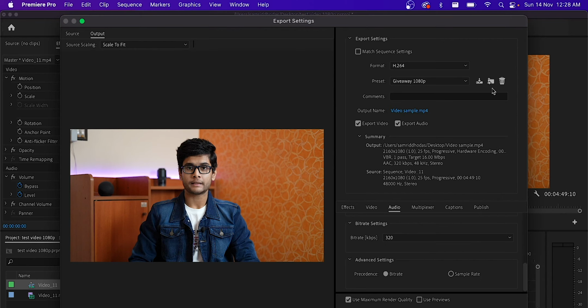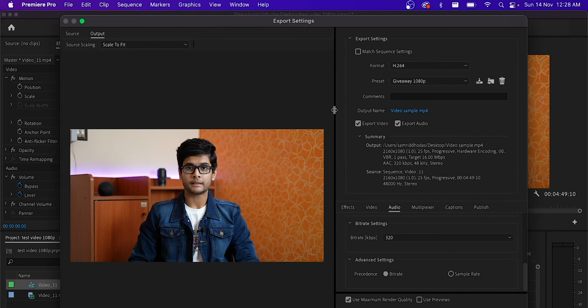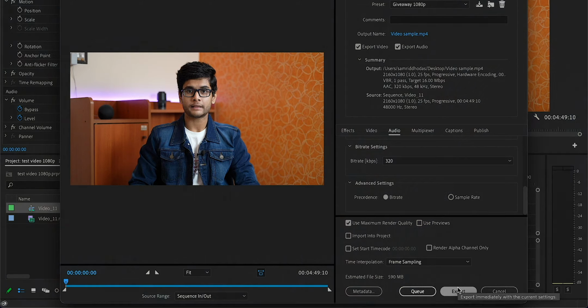You can also use your custom presets downloaded from the internet by clicking this import preset button. Now as you can see, these settings are saved as a preset, so you don't need to mess around with these settings every time you export a project. Now just click on this preset drop down and you will be able to see your latest presets here. Now just press export and you are good to go.